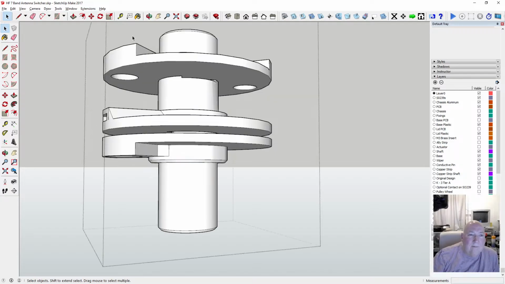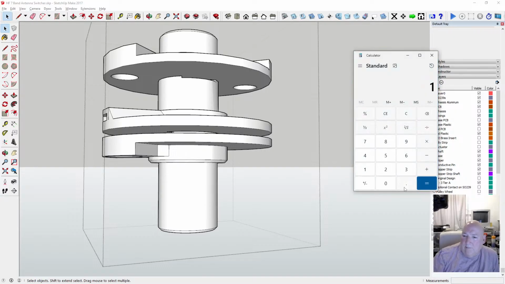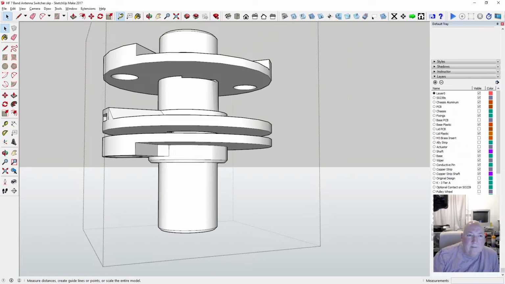I've even forgot what I just said. Right, 1.453. We need to do some maths. 1.731. Maths with a calculator. 1.731 minus whatever that was.